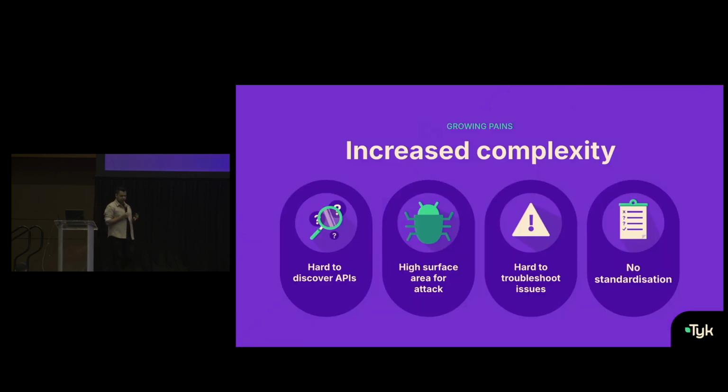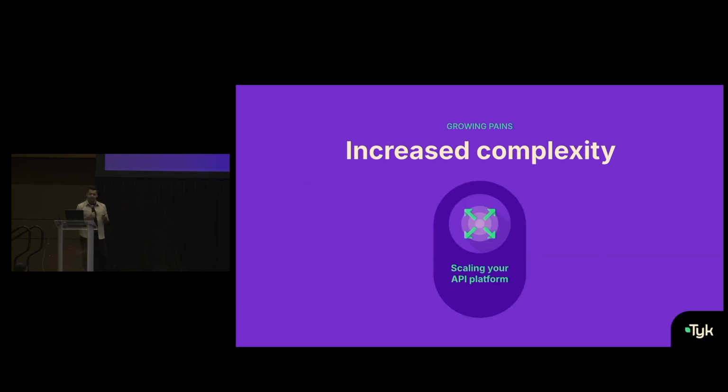So if I were to summarize all of this into sort of increased complexities, it looks something like this, where you look at things becoming a little bit harder to discover when it comes to APIs. There is a higher surface of attack from a security standpoint. It's hard to troubleshoot issues because now you've got a very expanded tool stack. You've got no standardization with these different distributed teams. Tends to be typical with a lot of these organizations again. And then the kicker of it all is scale. Now, if a problem exists when things are small, at scale, things get magnified tenfold and gets even worse as you go along. So you're almost paying for your own success, which you don't want to be the case.